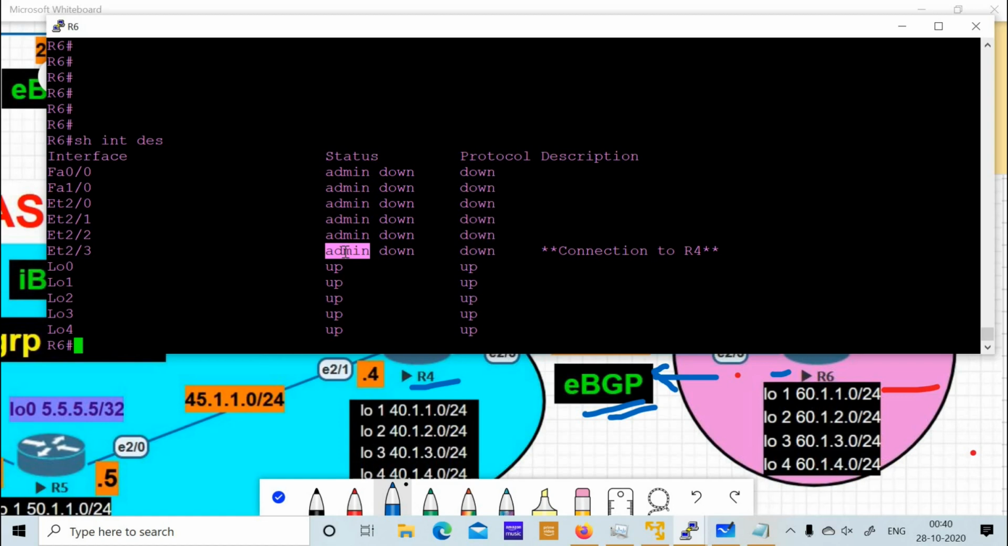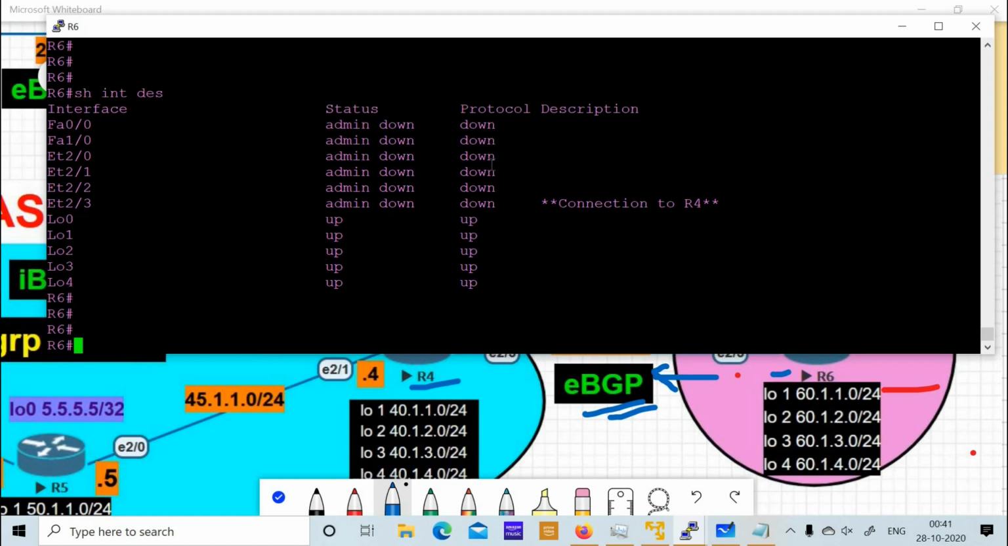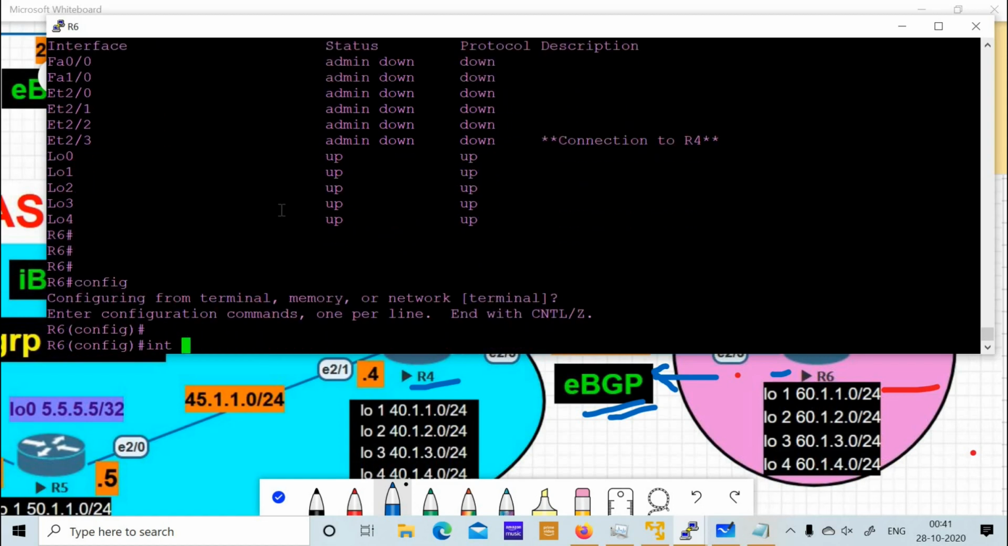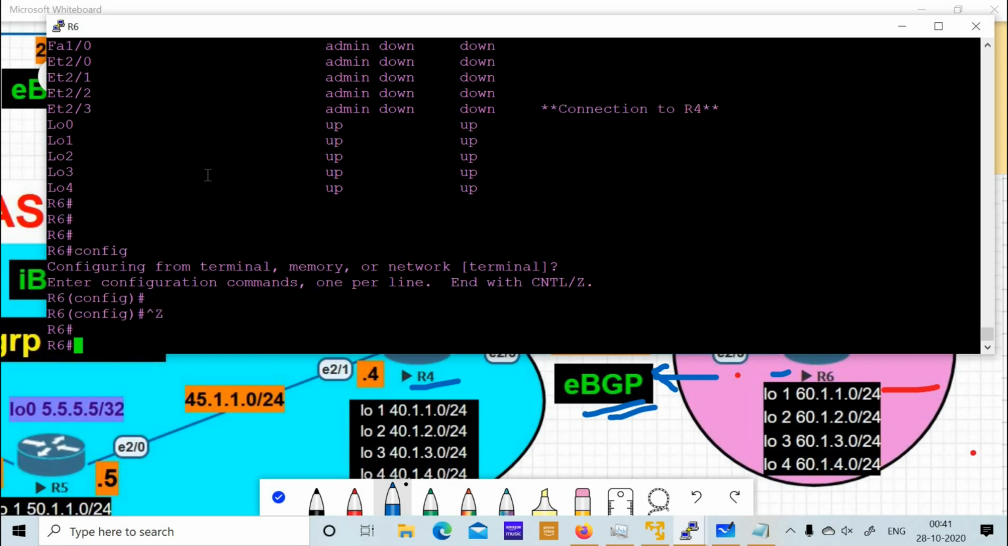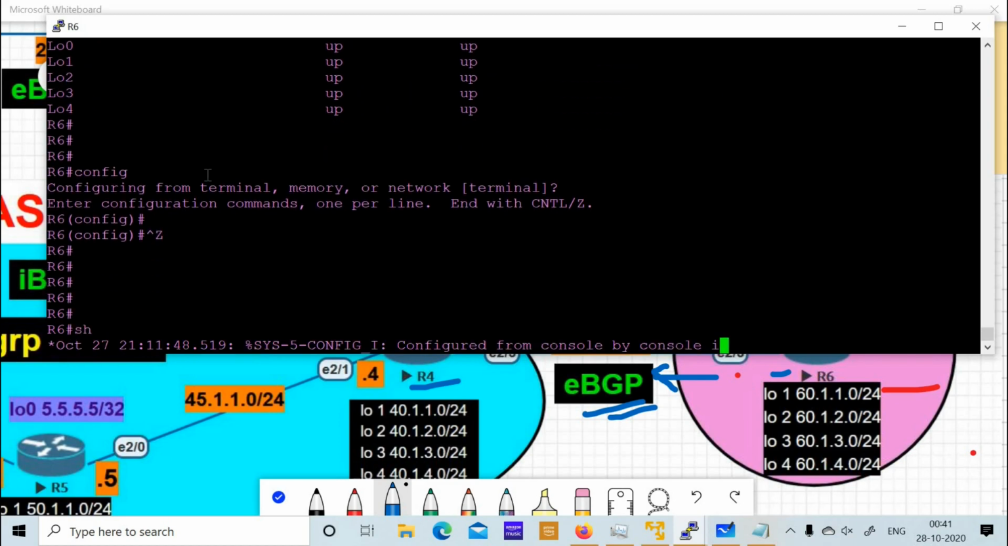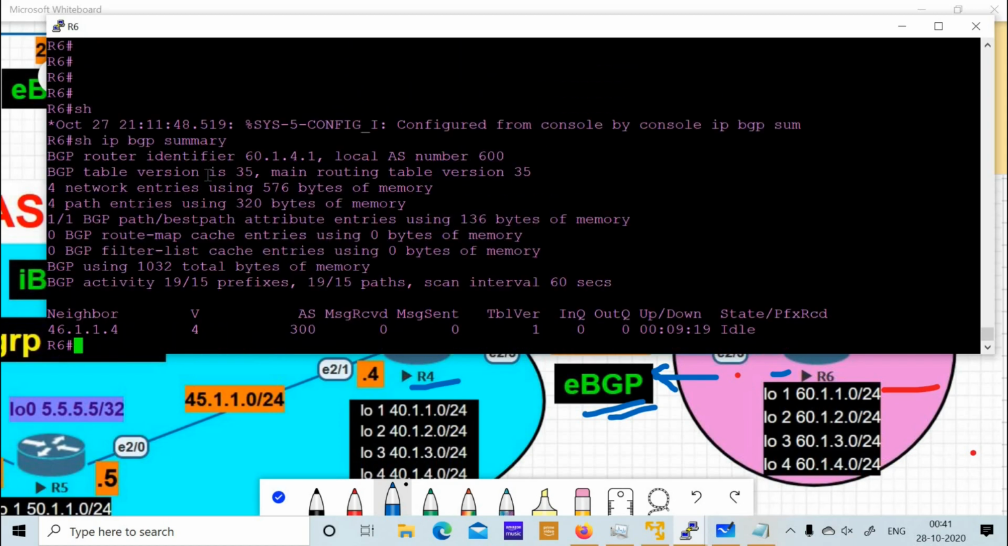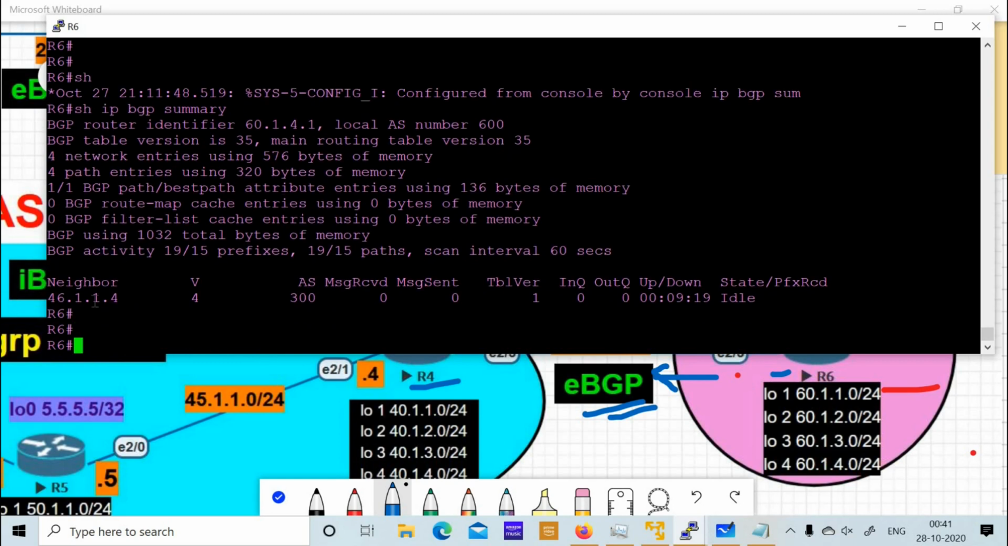So let me make it up. I'll make that interface up first of all, because of that. And I'll show you one thing before making it up. Show ip bgp summary. Okay, so even if you check now, whenever you find any BGP neighbor as down, you try